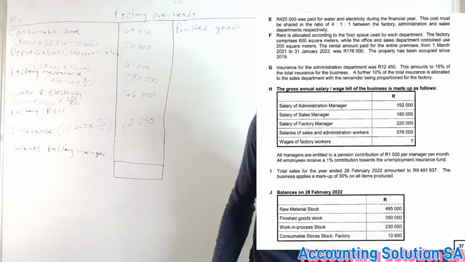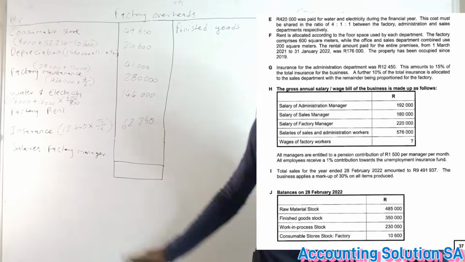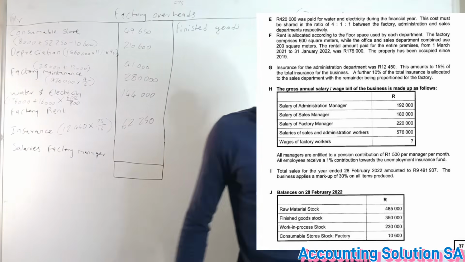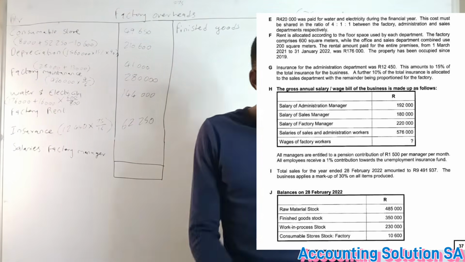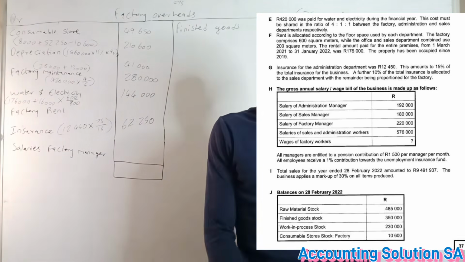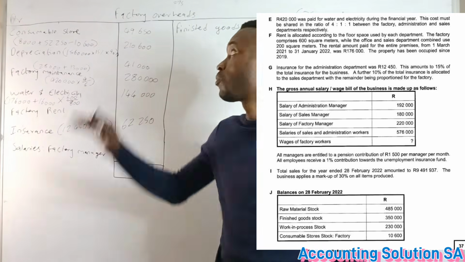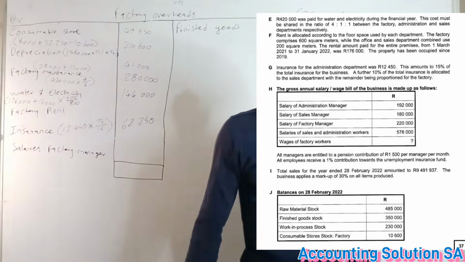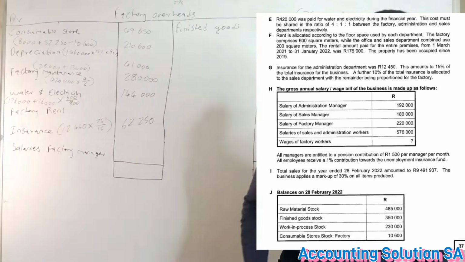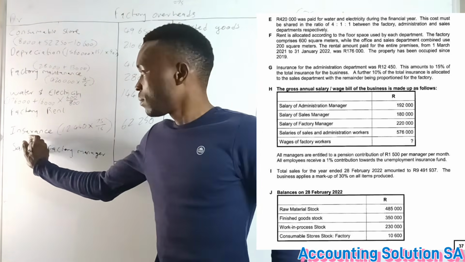All right, then the next one, let's check if we have any other transaction. Okay, we're going to check salaries for factory managers. Number 8, a gross annual salary wage bill for the business is made up as follows. We have sales for admin manager, which does not belong here. We have a sales manager, it does not belong here, and we have a factory manager. Yes, it does belong here, which means that we have to say